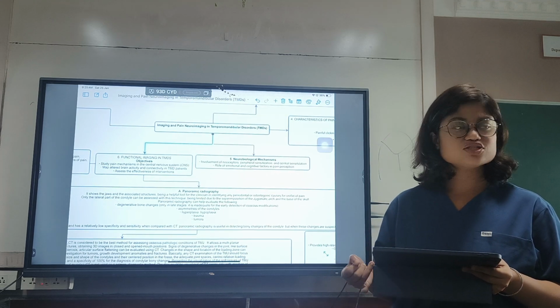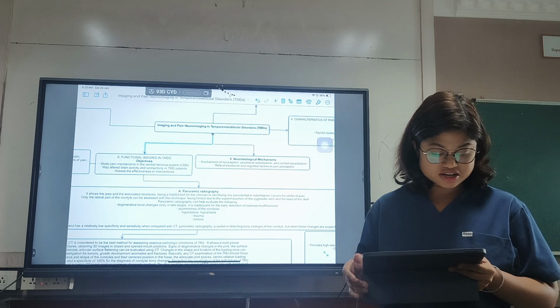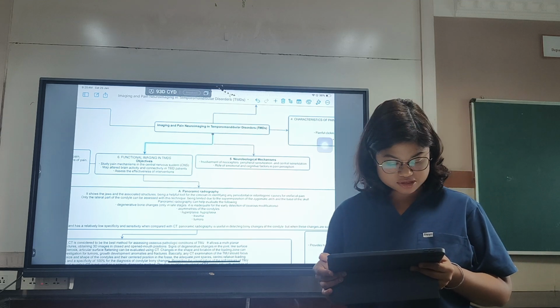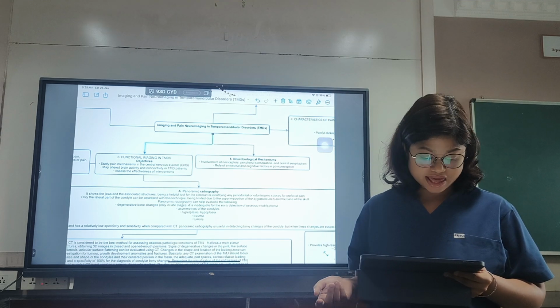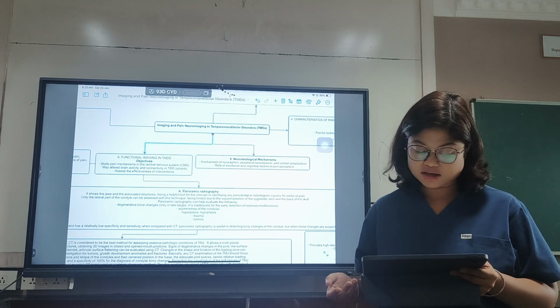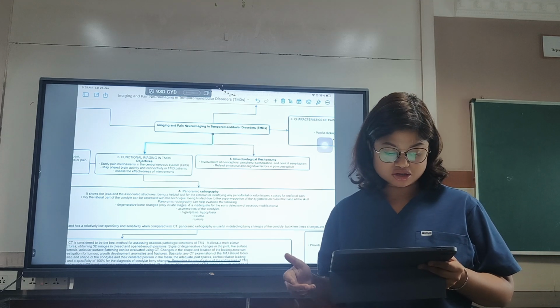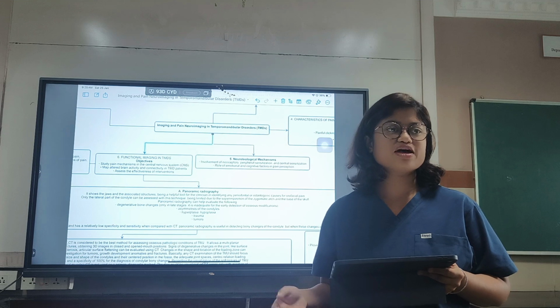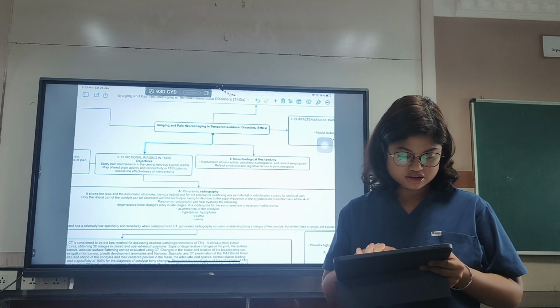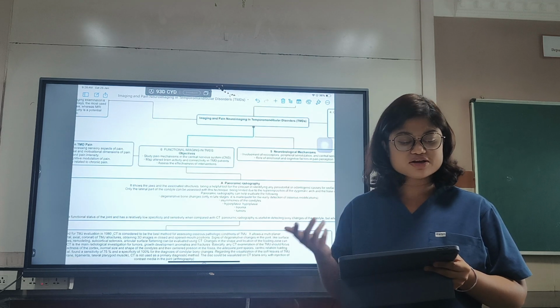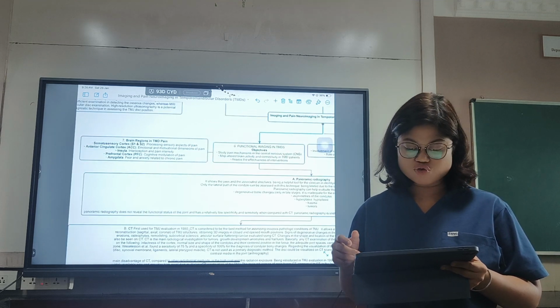First, functional imaging, what are the objectives? Study the pain mechanisms in the central nervous system, map altered brain activity and connectivity in TMD patients and assess the effectiveness of the interventions or therapy that we give. These are the objectives. And what are the brain regions in TMD that will come into play when the